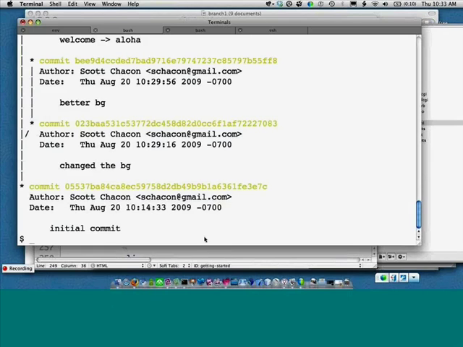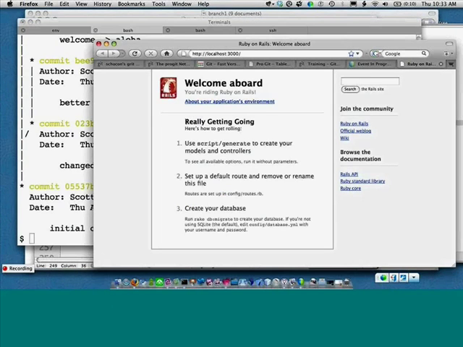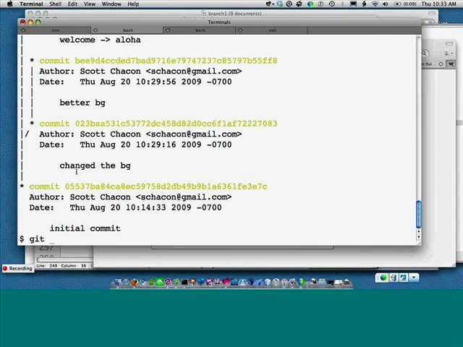All right, so now we have all this work in our different branches, and we want to merge it in. Okay, we want to merge all of these changes together, right? So we have our title change, we have the getting started change, and we have the background color change. Now, in our master branch, we have this really getting going that's already in there, but we want to pull in the title change because it's been approved, say, and we want to pull in the background change because it's been approved, right? So the way that you do that is you say git merge, and git merge will merge